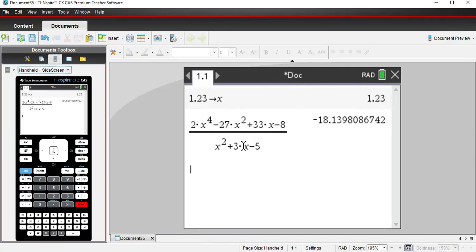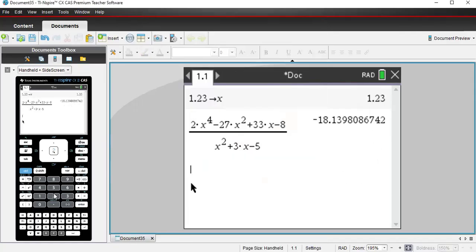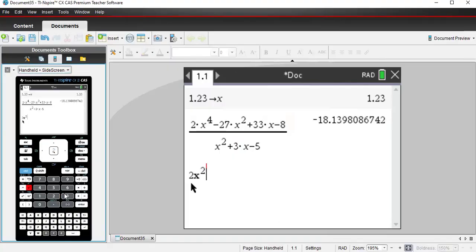So when we put in an input into this function, we got the output of a negative 18.1398086742. Now, if my answer is correct, when I type this in, I should also get this output. So let's do that. I'm going to type in 2x squared minus 6x plus 1, and then minus the remainder. So this is going to be 3 over,